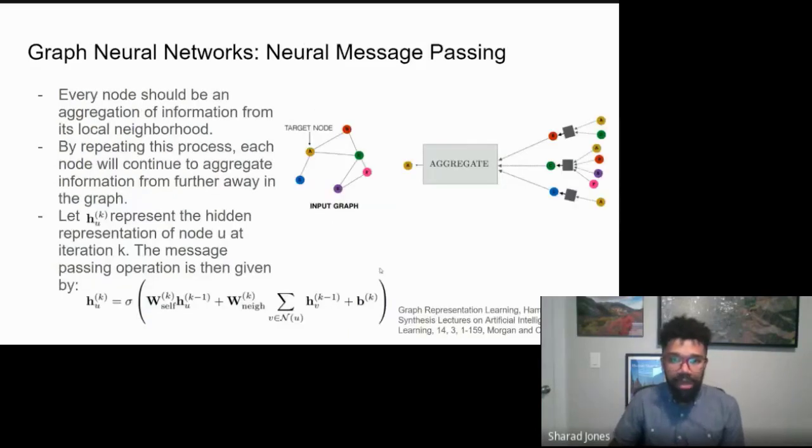And so that brought about this idea of neural message passing, or really the graph neural network. The idea here is that we can think about every node, or really the representation of that node, as some sort of aggregation of information from its local neighborhood. So again, here, for example, if our target node is node A, we might have some initial